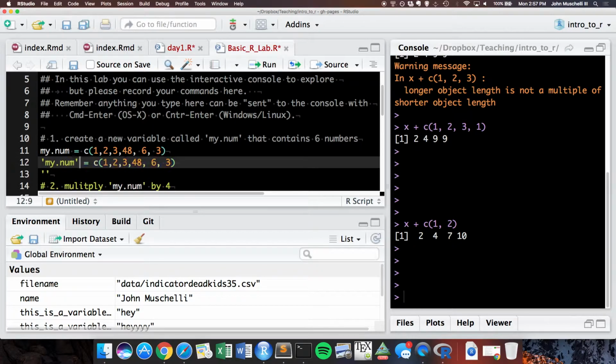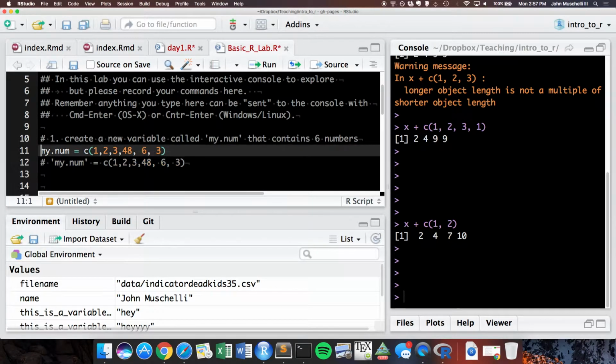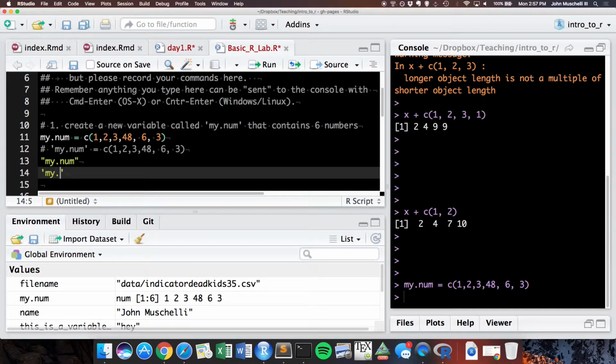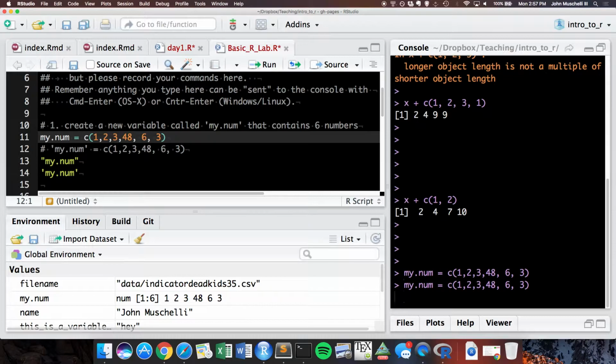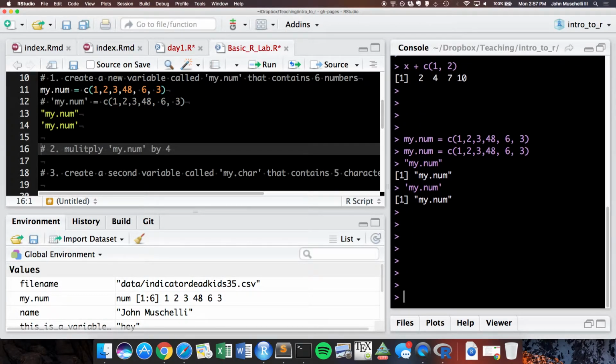Sorry, you don't put a single or double quote around that. Right, so there's never quotes on this. And then also, really quickly, if you put quotes around something, again, R interprets that as a character. So here, if I say my.num equals, and then I assign it,